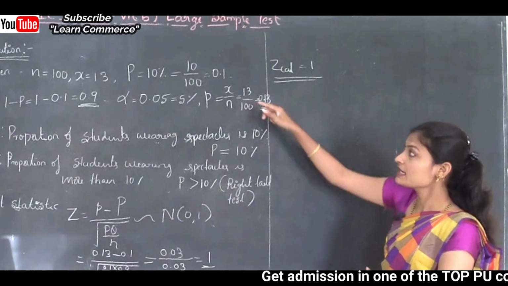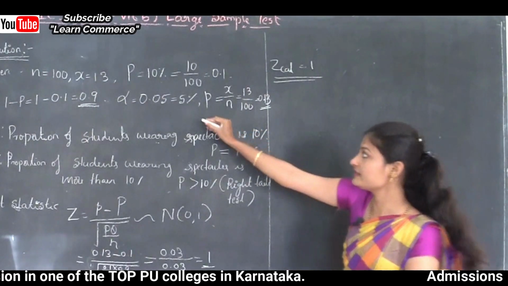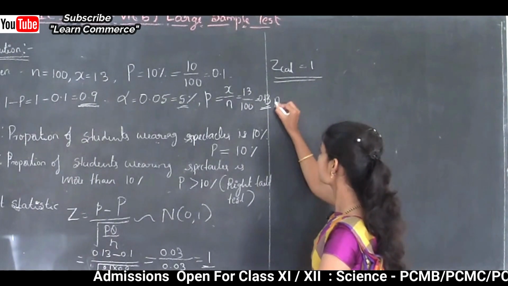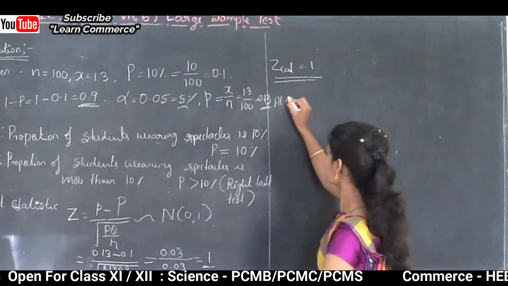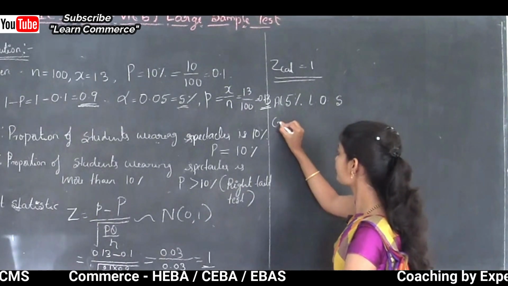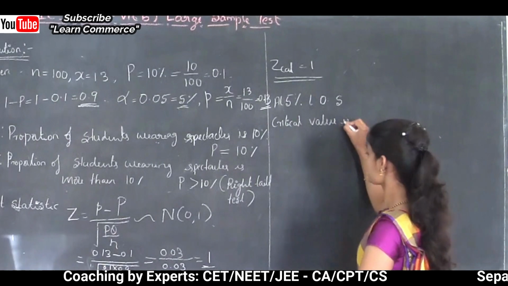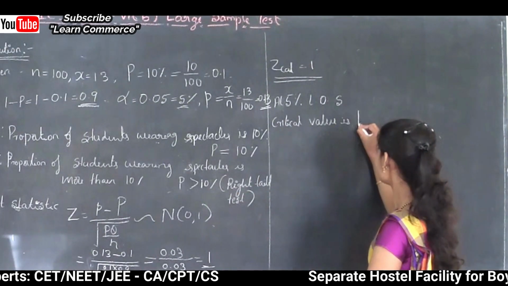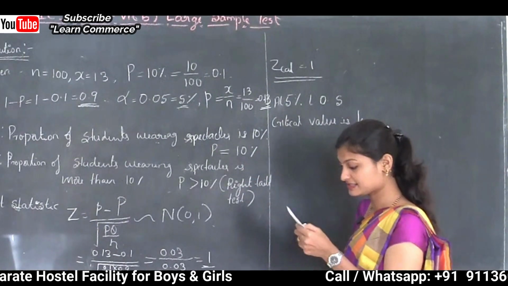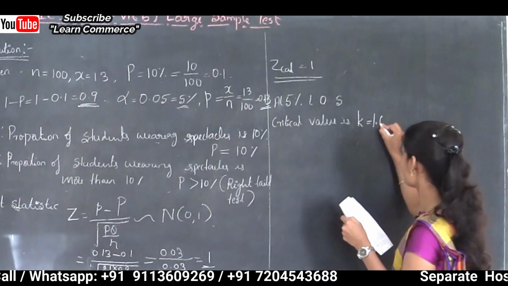Step 4, using level of significance we can find critical value. So here level of significance is 5%. Using this level of significance we can find critical value. So at 5% level of significance, critical value is... see, this is right tail test, so we need to find only positive k value. That is, this is right tail in the sense this is one tail test, and here level of significance is 5%. So k value is 1.65.